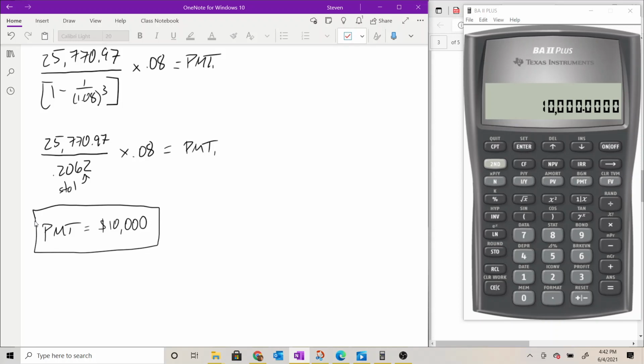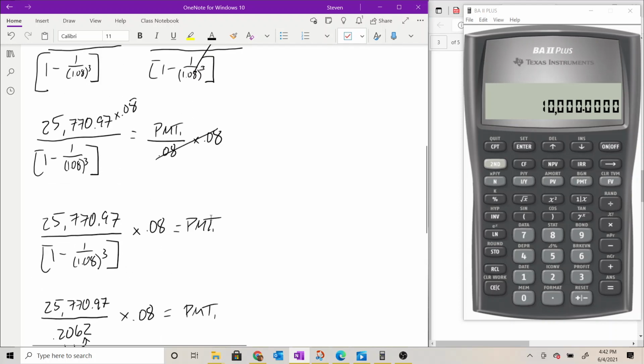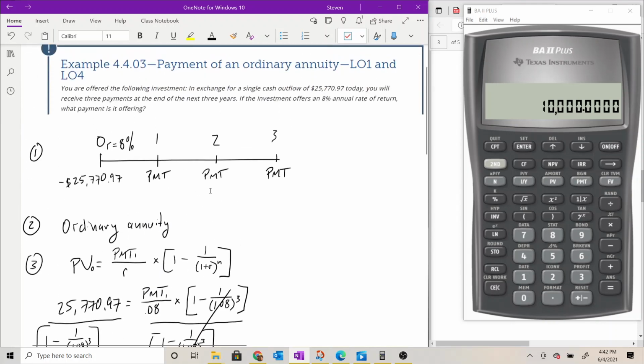Okay, so we came up with a value, which is great. Let's go back and talk about what that value actually is and make sure it makes sense, that we came up with a number that at least passes what I call the smell test, right? It smells right. It seems like it's about right. All right, so if we go back and look at our timeline, if we pay $25,770.97 today and then receive 3 cash inflows of $10,000 at the end of the next 3 years,